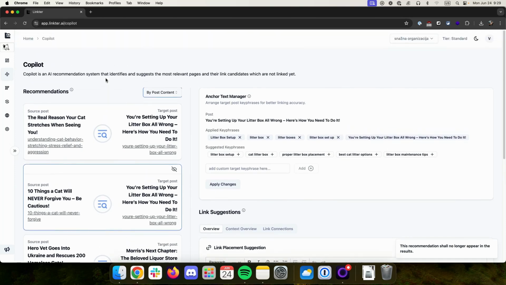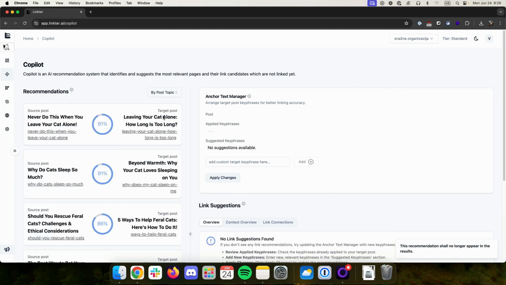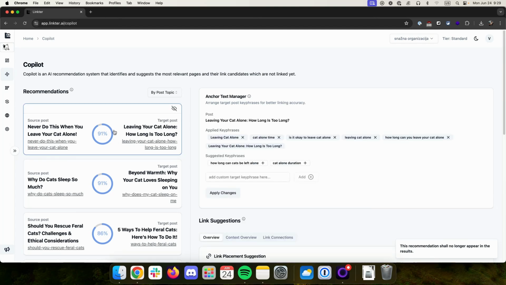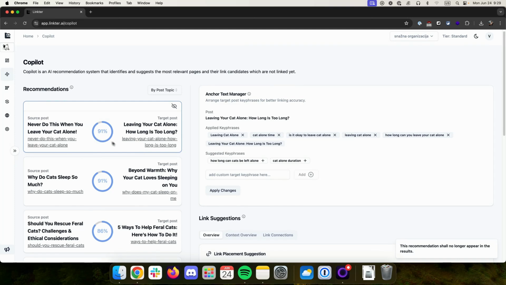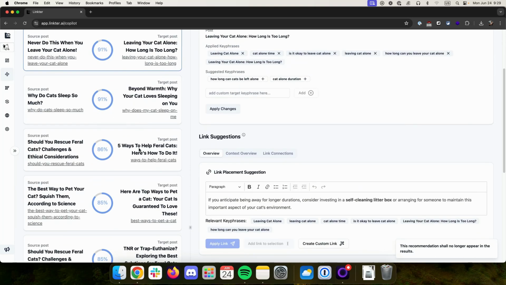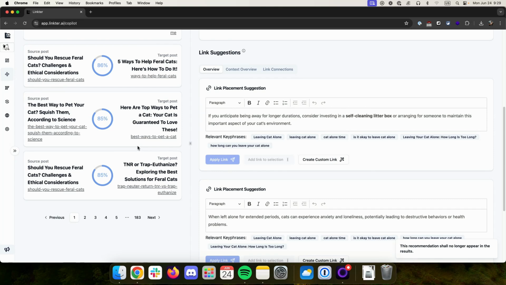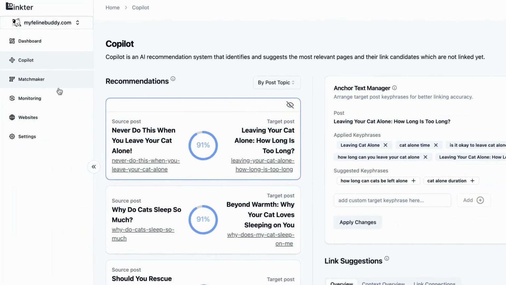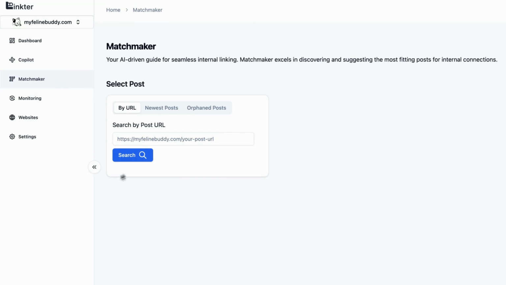And as you may have noticed by now, the Copilot is essentially a feature that's built on the queue, meaning that it only gives you recommendations that may appear random. They're obviously not random, and it gives you the relevance score, and they are ordered by the relevance score. And if you want to skip the queue and essentially just take any specific content, like a specific page that you want to build internal links towards, you can do that in the matchmaker. And this is probably my favorite